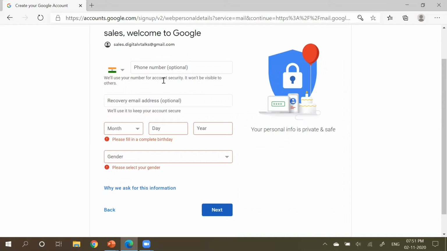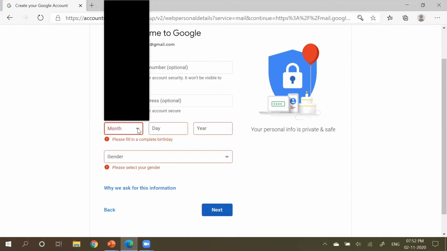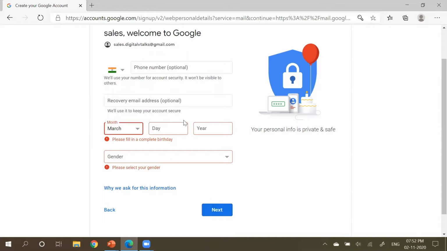you can skip the option of the phone number for the time being, but for security reasons or to have a second opt-in, let's assume you forgot your password or something, for all these reasons it's recommended that you give your phone number. So I'm putting currently a dummy value. I'm going to delete this particular account.